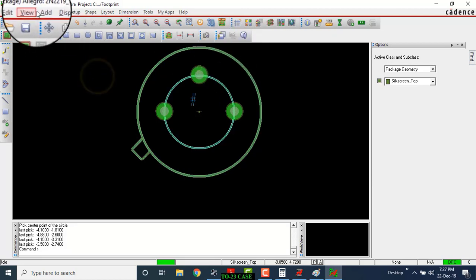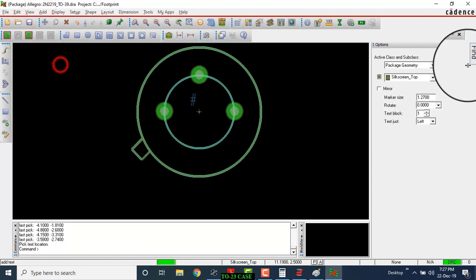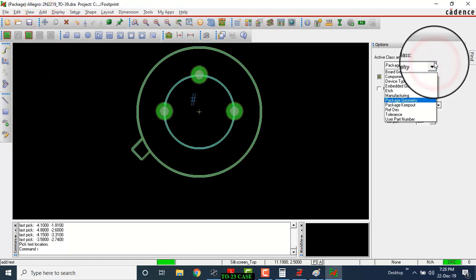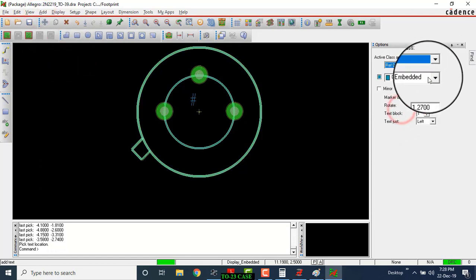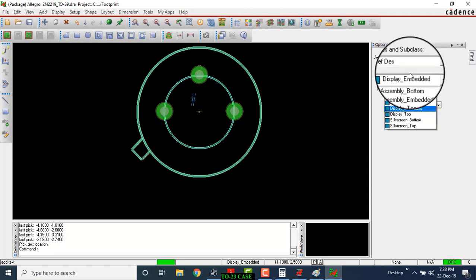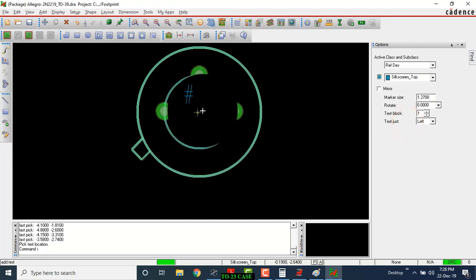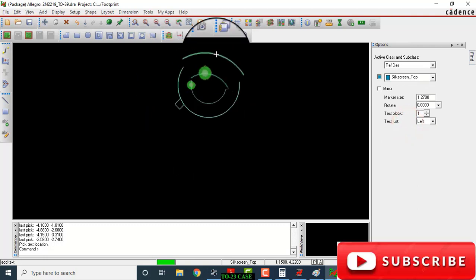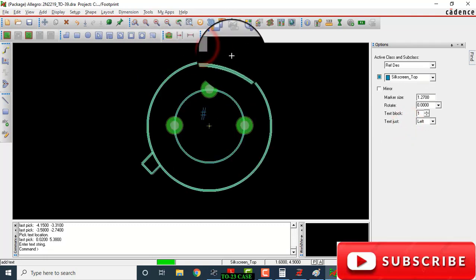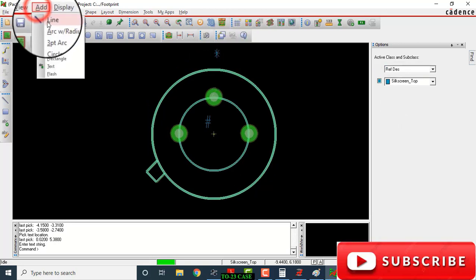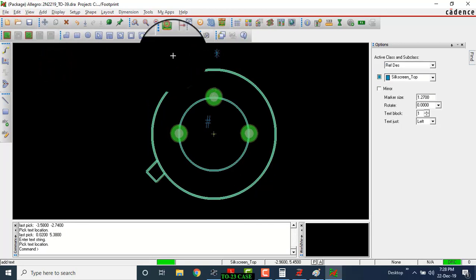So we have to add text. Active class with the ref desk, active class with the subclass with the silk screen top. We will write here a star. We'll take add and we'll add the text.